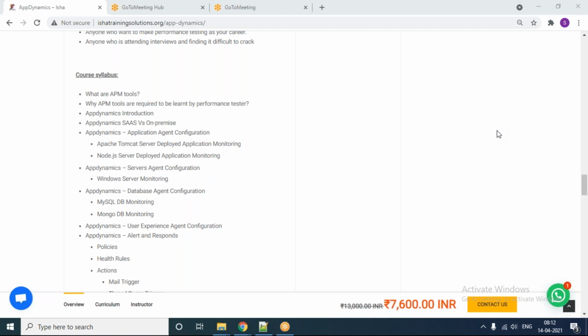Yeah, correct. So why I ask this question: when performance testers are doing their performance testing, sometimes they are testing an existing application, meaning the application is already in production.